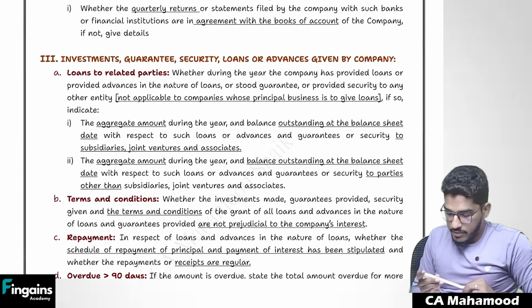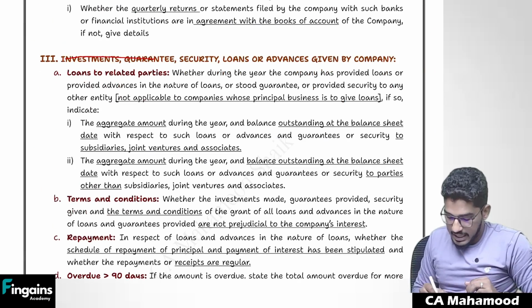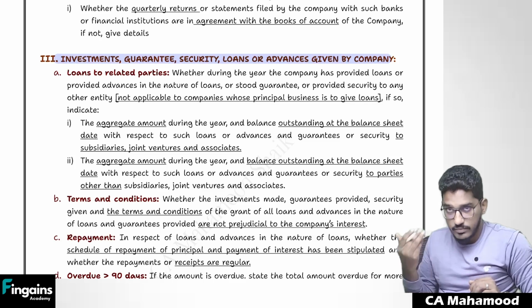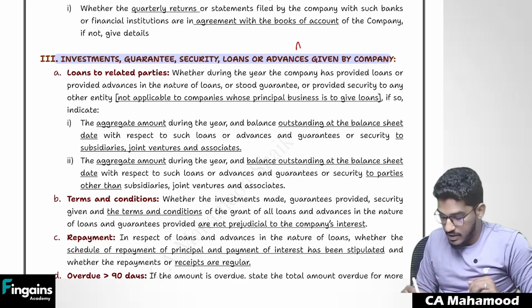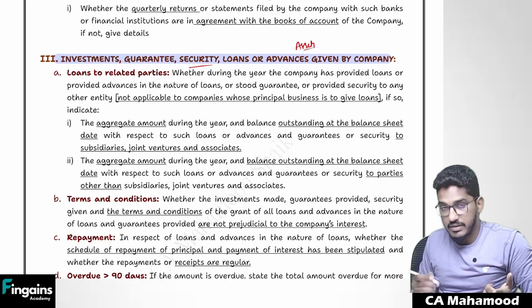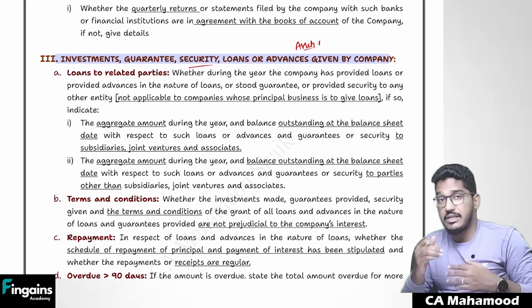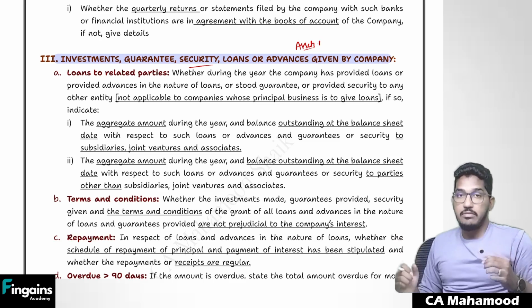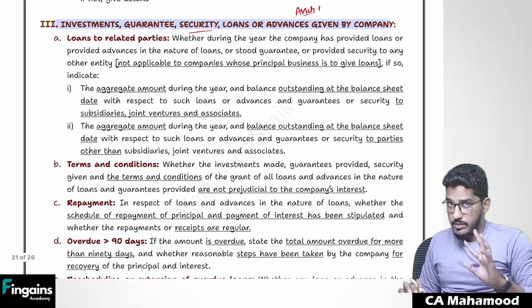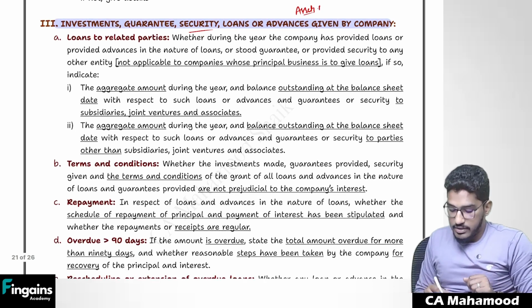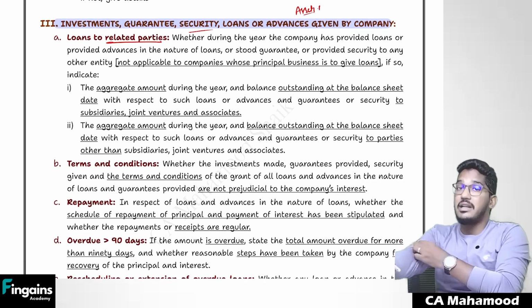So the third matter which is required to be reported is regarding investments, guarantees, securities, loans or advances which are given by the company, your client company's assets. So if your client company has given any advances to others, any guarantees, any securities, any loans and advances to others, regarding them, I need to check certain points. Third point is very, very important. First thing, I need to check whether my client company,